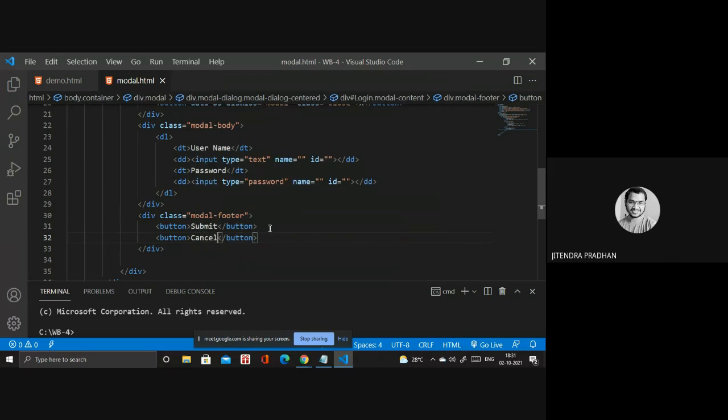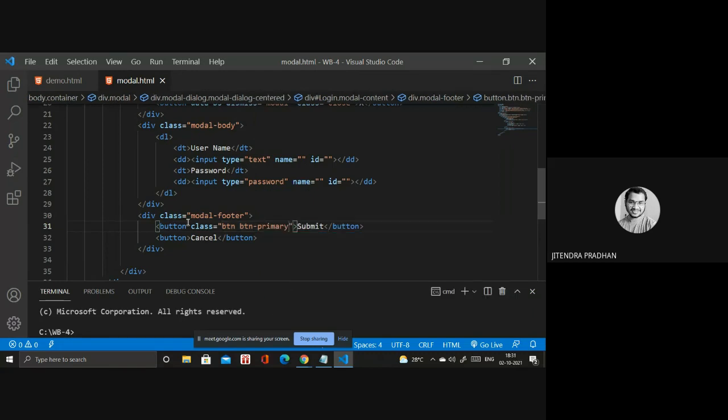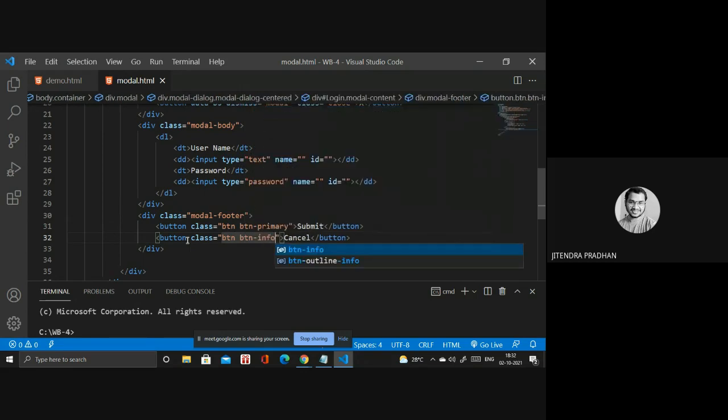And we're creating all these things. If you want to color all these things, you can. Inside the class, you have to write btn-primary, btn-secondary, whatever you need. Not an issue. In that as well, I will write class btn-info.